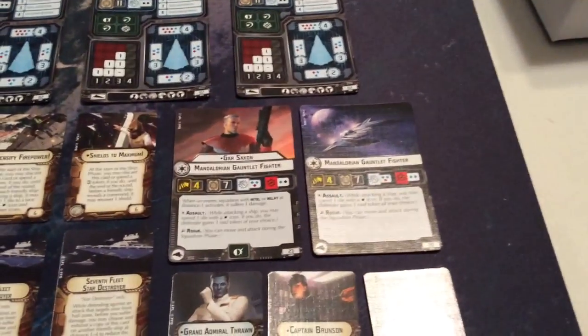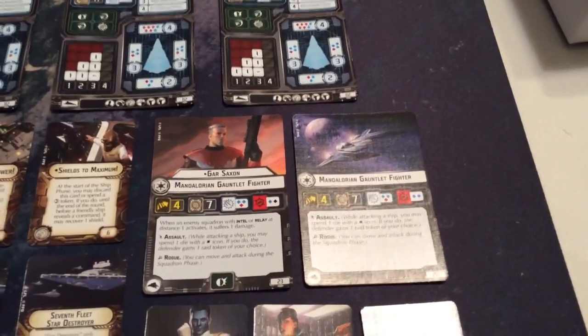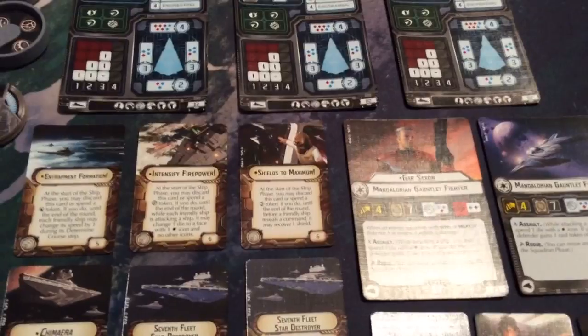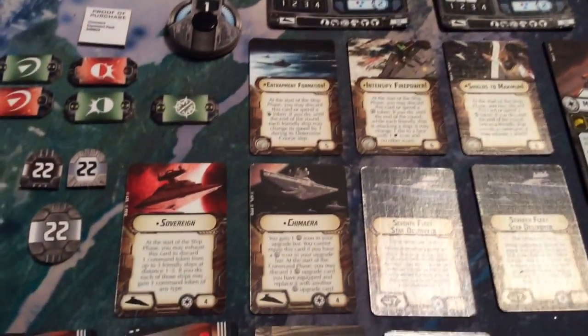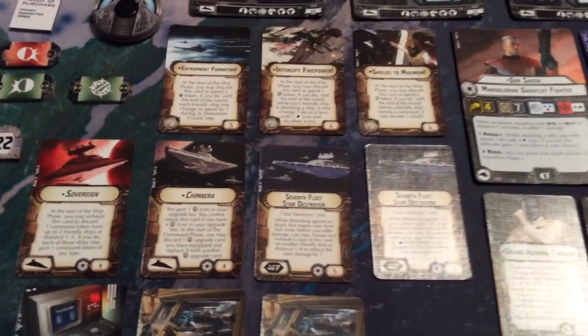To go with our Gauntlet Starfighters, we have Gar Saxon, and we have Mandalorian Gauntlet Fighter in general here. And tons of upgrade cards. We've got Shields to Maximum, Intensify Firepower, Entrapment Formation, the Sovereign, of course, Tarkin's Star Destroyer, the Chimaera, Thrawn's, 7th Fleet Star Destroyer,